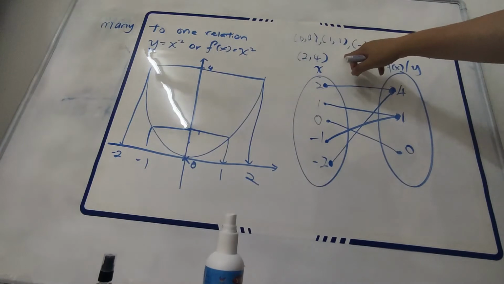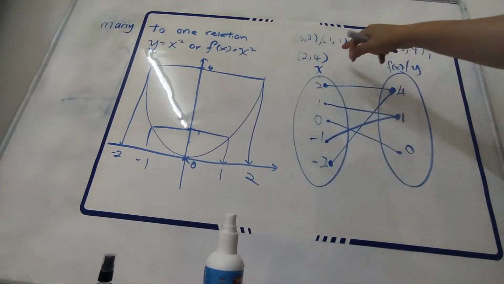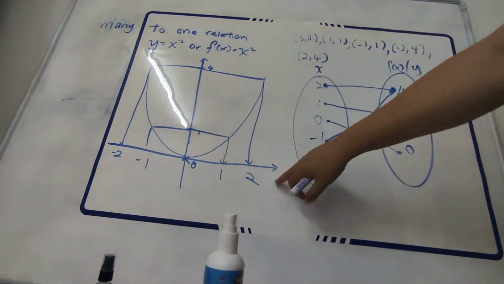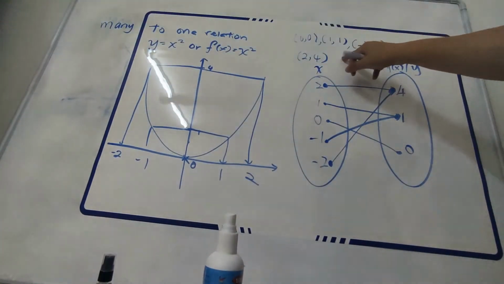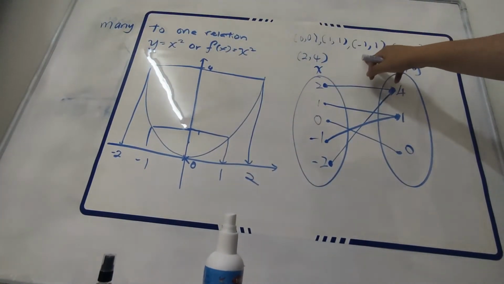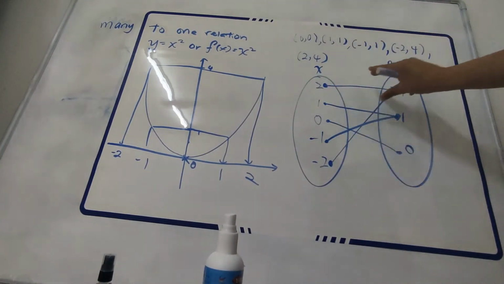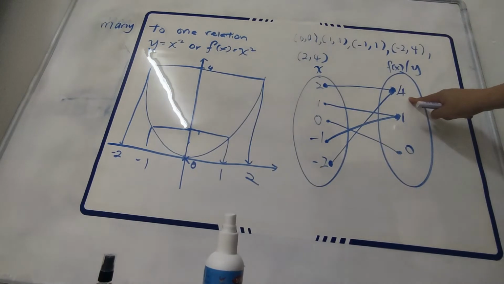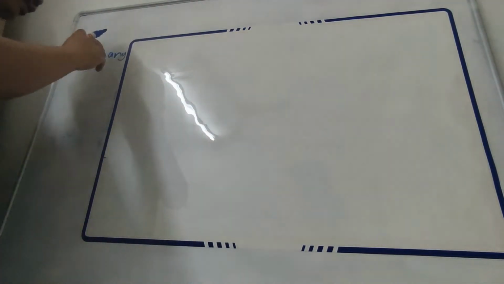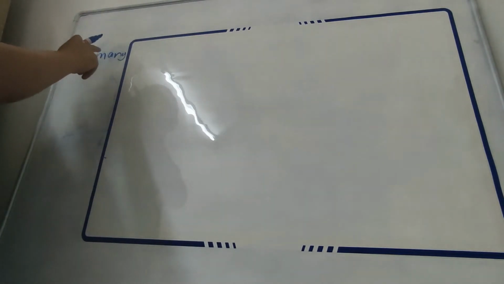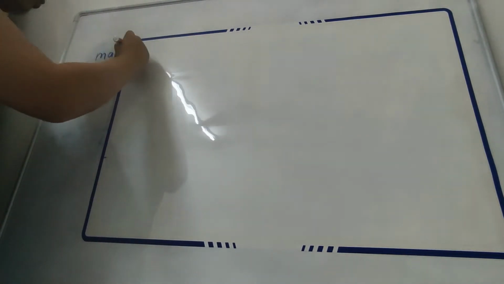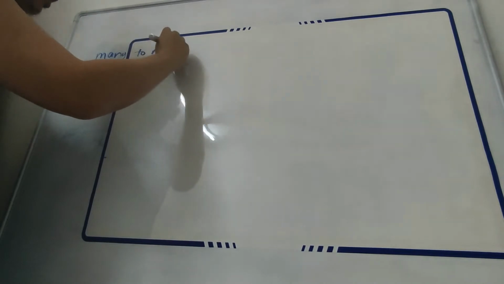For the set of numbers, you write in this way. So if you have a 3 here, of course later if you put 3, 4, 5, minus 3, minus 4, minus 5, then you will have y equals to 9, 16. So 2 more than 1, that means many relate to one function. Many to one function. Okay, the last relation inside the functions, the fourth one, is the many to many relation.